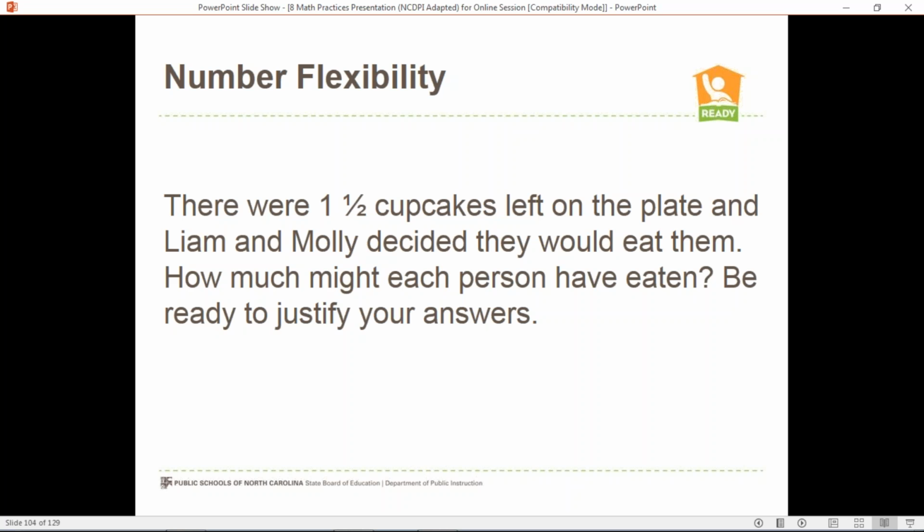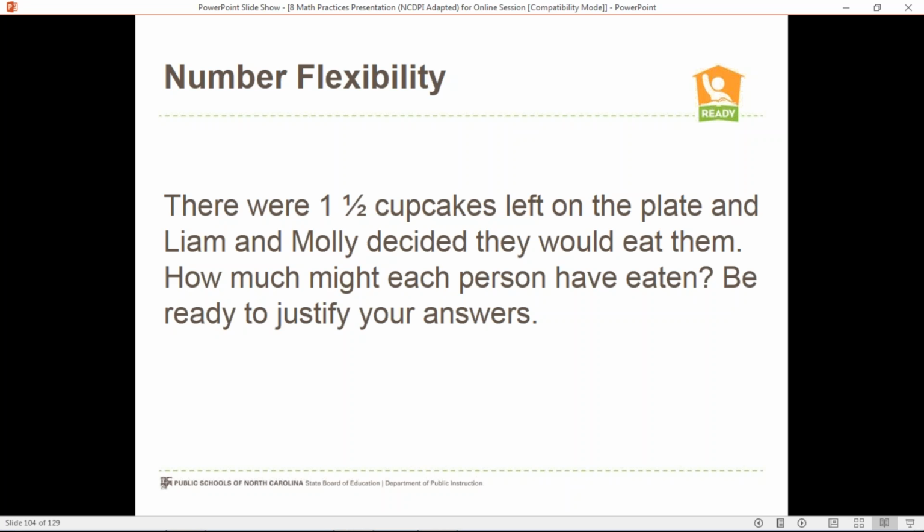So it makes me think it would be so good to have your discussion in on this too. And that, again, may be one of the follow-up pieces that we ask you to do in this assignment. But it makes me think about, well, the vast majority of people, probably kids too, are going to start with something like, well, if there's 1.5 cupcakes left, a lot of kids are going to say, well, on one plate there's one, and on the other plate there's a half. But then we go back to what was the question asking? The question was asking how much did each person eat, right? So this really is about how much do we start with, right? Not how are we going to break up 1.5,